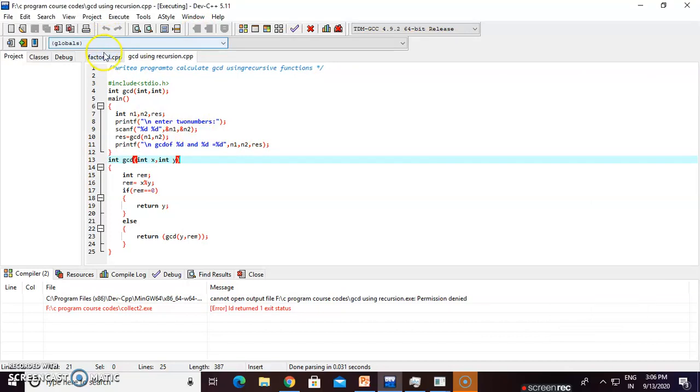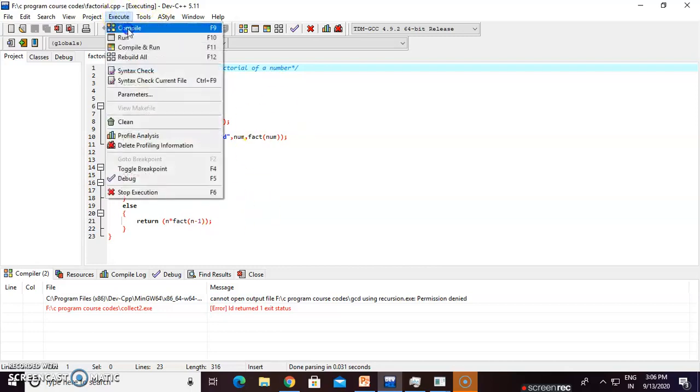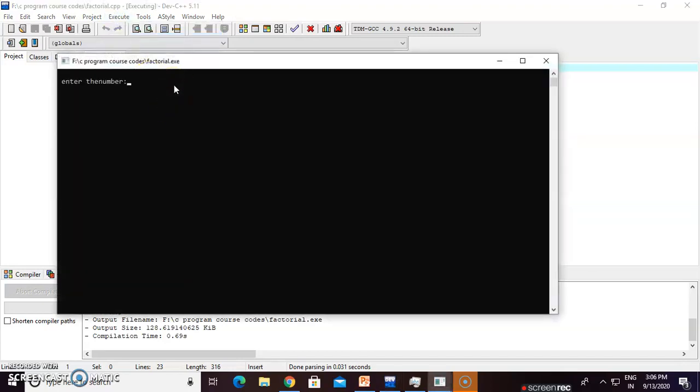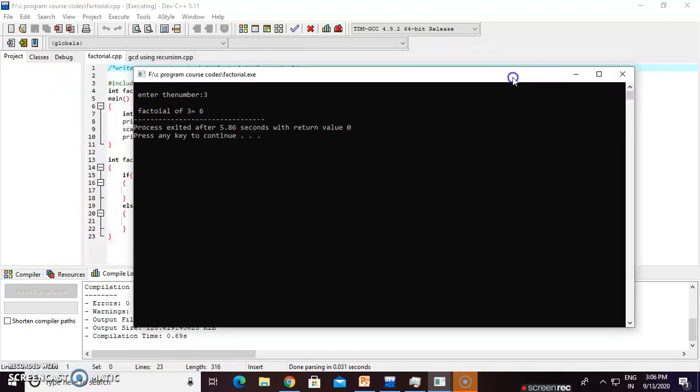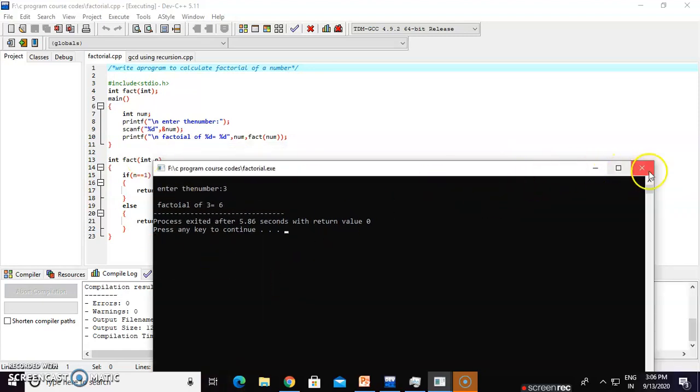Now one thing I will tell you: we traced the code of factorial, but I did not show you the running of the program and the output. To show the output, click on execute, then compile, then click on run. We want to find 3 factorial, so enter the number 3. The result is 6. It completely matches our trace. After tracing, we got the factorial of 3 value as 6. So our code is absolutely correct, and our tracing is absolutely correct because our results match.